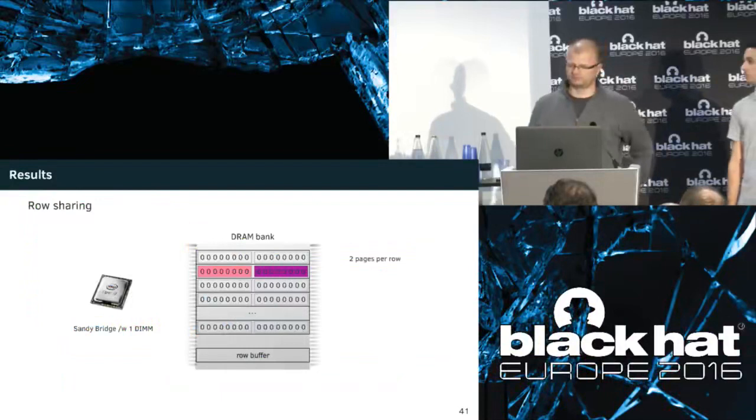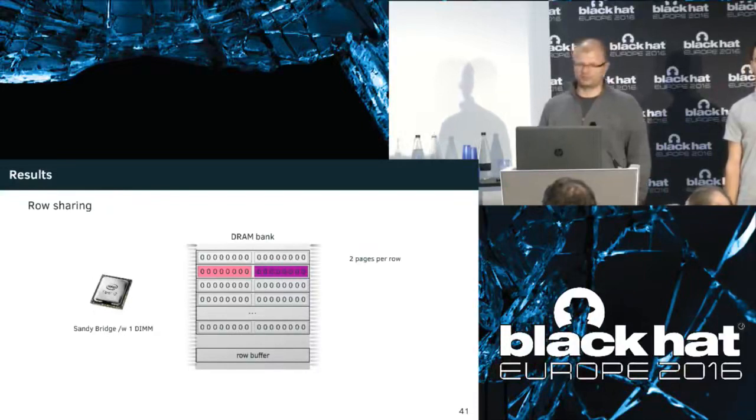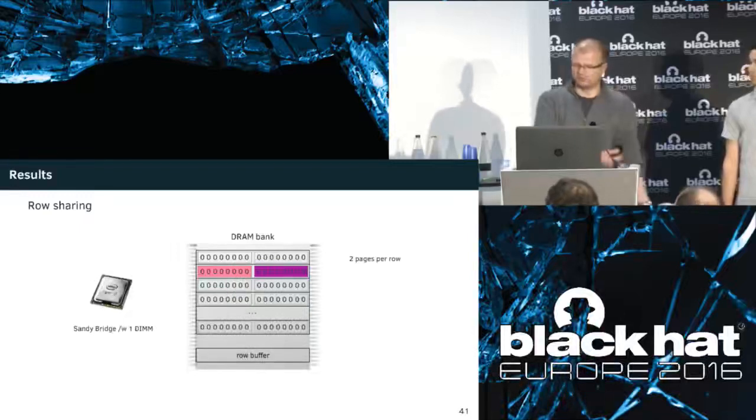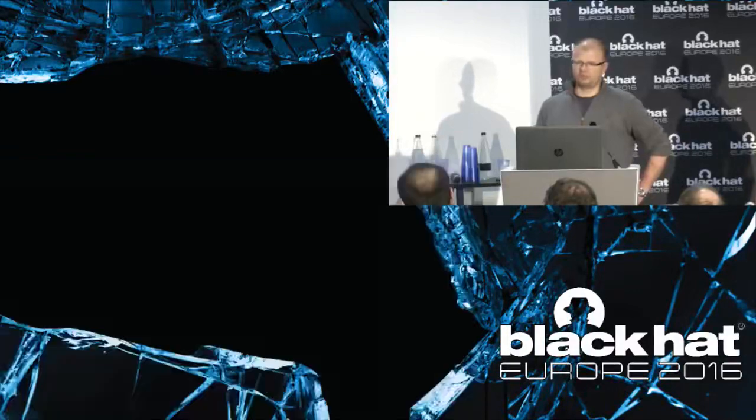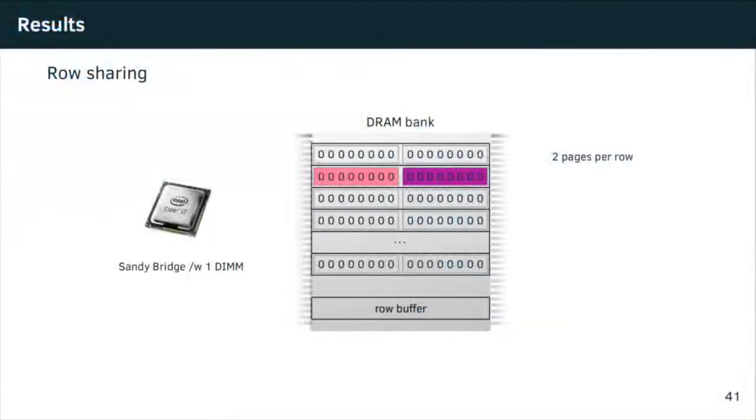Another way to look at this is here in our bank. Here we have a Sandy Bridge with a single DIMM, and the mapping function does not use any of the bits in the lower 11 to map it, meaning that we get the case that we have been talking about so far, the 2 pages per row. This means we have a spatial accuracy of 1 page, that is 4,096 bytes, and our chance of getting co-located with important victim data is relatively small because we have to get exactly the other color or we can't see anything. So this doesn't look very promising for spying.